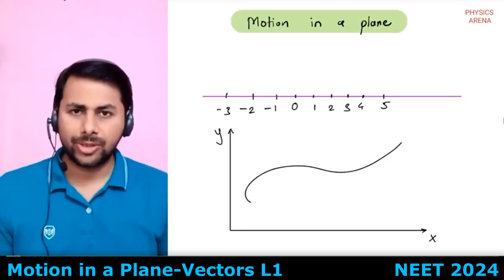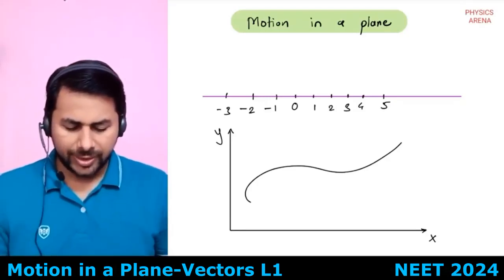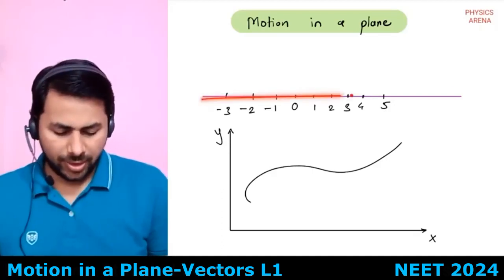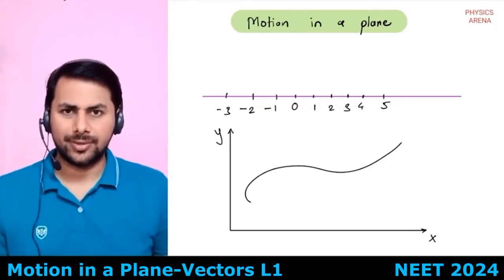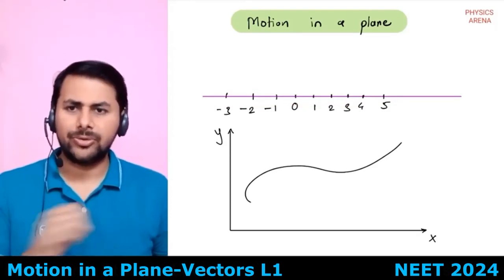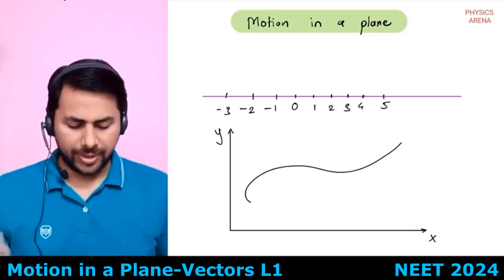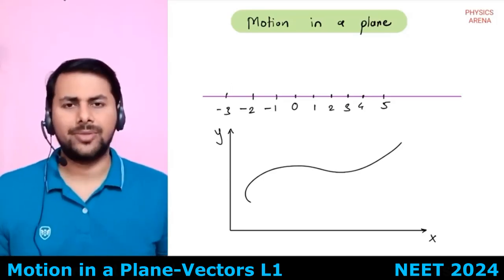Let's start with motion in a plane. Now what is the difference between motion in a straight line and motion in a plane? On a straight line we need only one coordinate, right? If an object is moving along a straight line only, we need only one coordinate. But if an object is moving on a plane, in order to locate that object we'll need